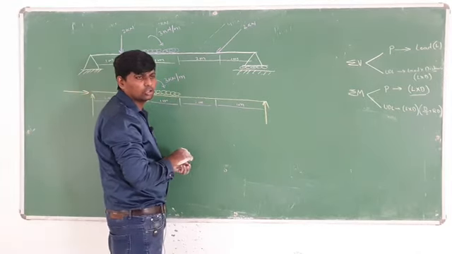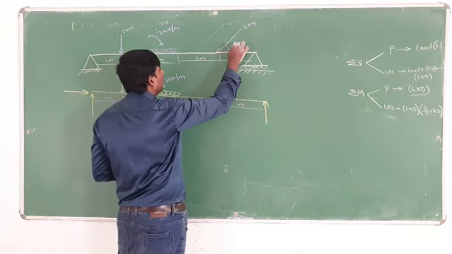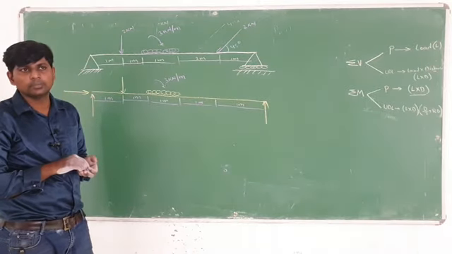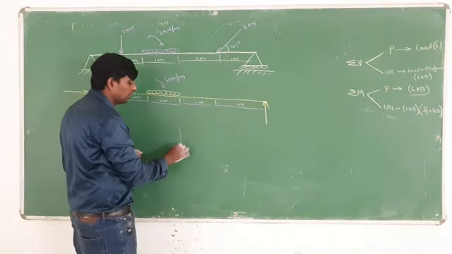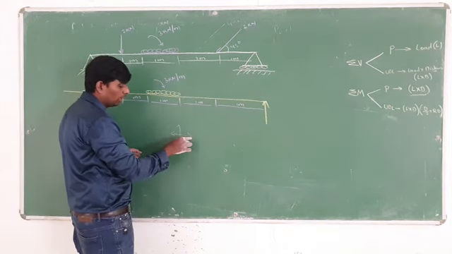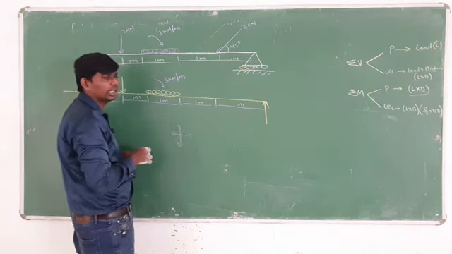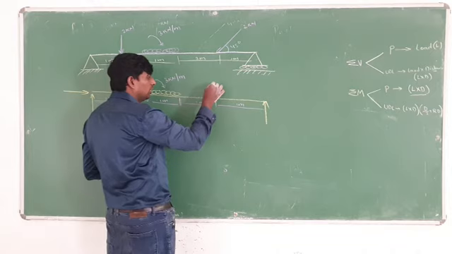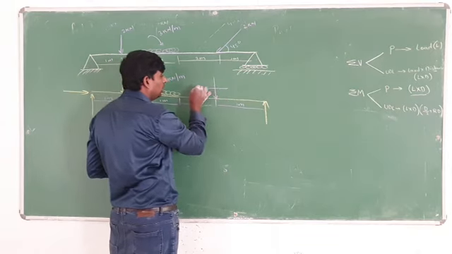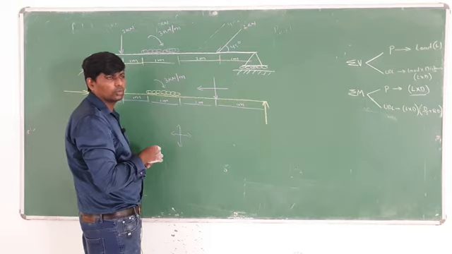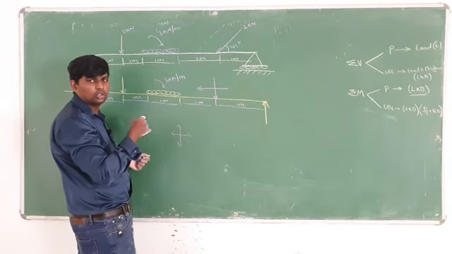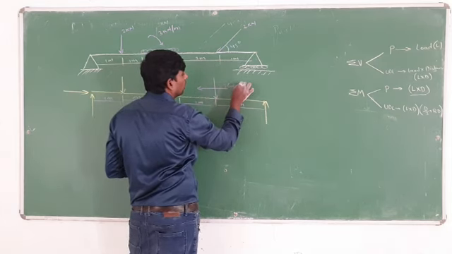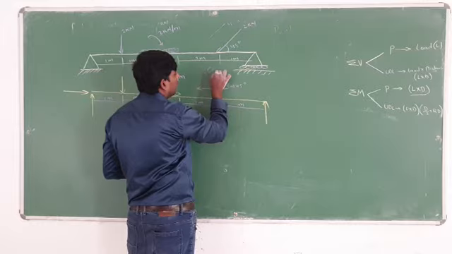I told you, whenever the angle is not mentioned, what do you have to take? How much by default? 45 degrees. Another thing I told you, in which quadrant is it going? Third. What is the direction in the third? Backward and downward. So this is my downward and this one is my backward. After that, I told you one thing: for horizontal cos, for vertical sin. So here 2 cos 45, 2 sin 45.